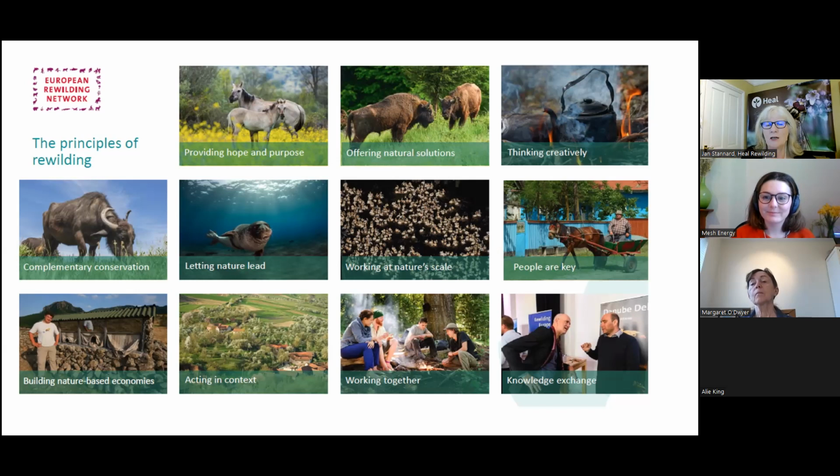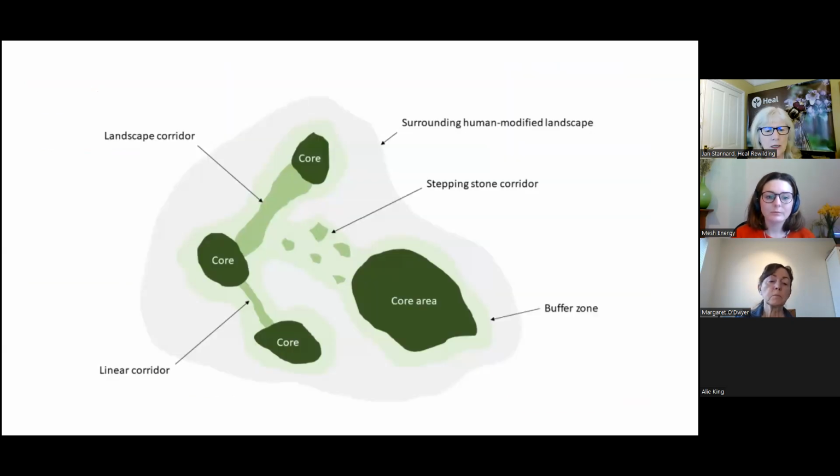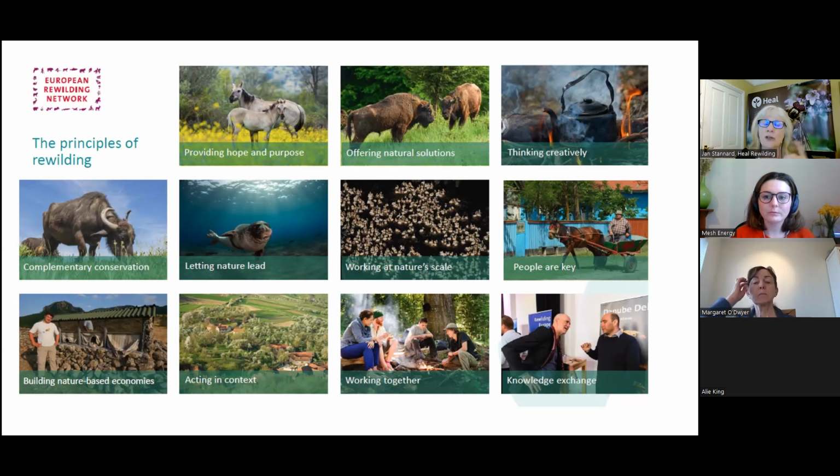People love the fact that they're not only making a difference, but they're being with like-minded people. What you'll find, and this is true generally of working in the environment and conservation as well, is that people love working collaboratively, and knowledge exchange. For me, this is an example of knowledge exchange: I'm exchanging knowledge about rewilding and conservation with you, who are in a different sector, but there will be crossovers. Those are principles at a European level. The other thing to say is that there is an international standards body that also has principles for rewilding, so this is anchored in good science.